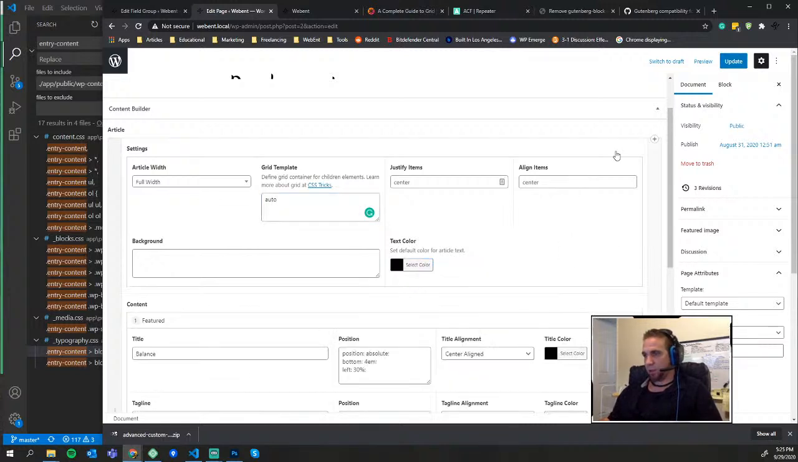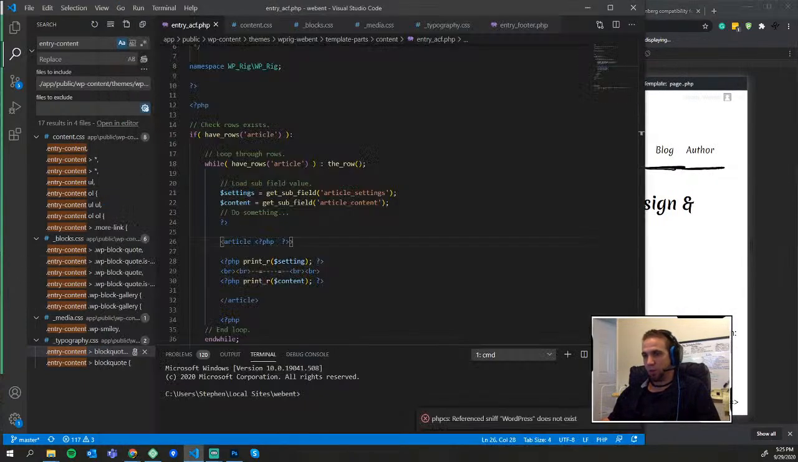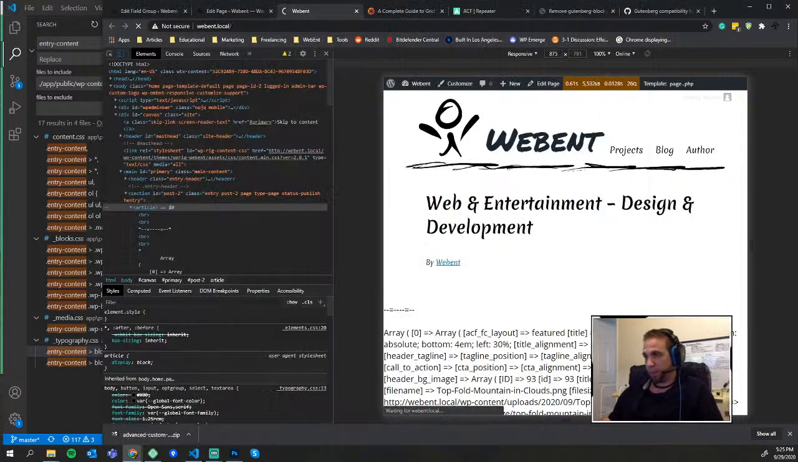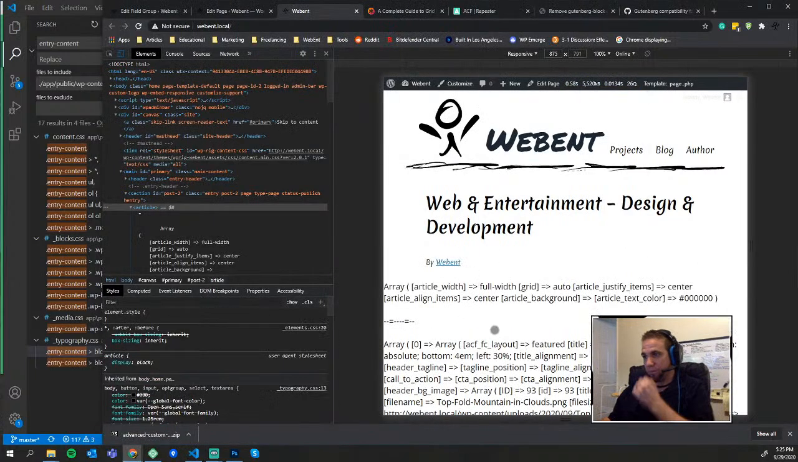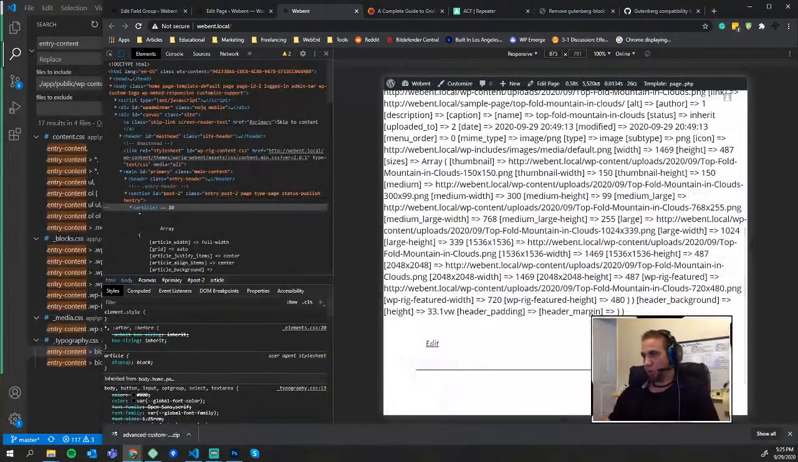Text color black. Update. Save. Refresh. Still nothing. So the settings... Oh. Be helpful if it was the same variable. There we go. So now we got our arrays, and we can see that the content has way more going